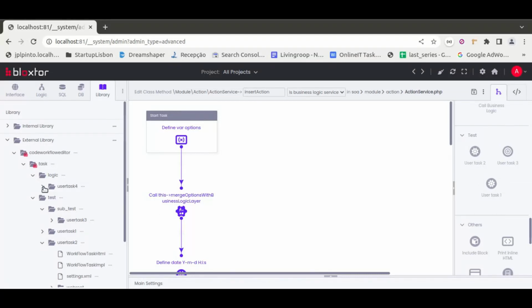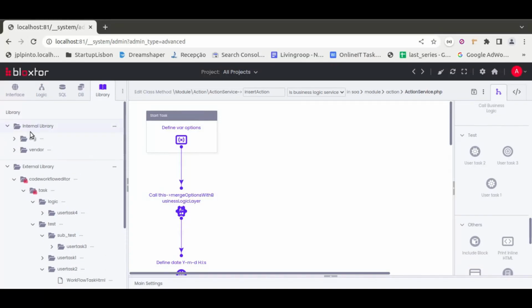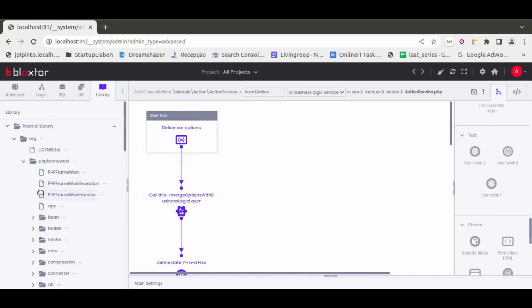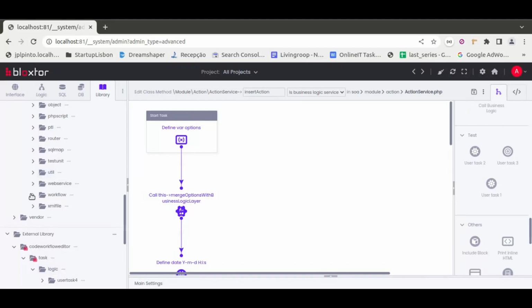Now, how can you extend and how can you create a new task? All that information is explained in our documentation, but basically we can analyze a task that is already created here. By default in our demo we have this dummy task that you can explore, but if you don't have this, you can always go to our internal library, to org, PHP framework, scroll down, go to workflow,